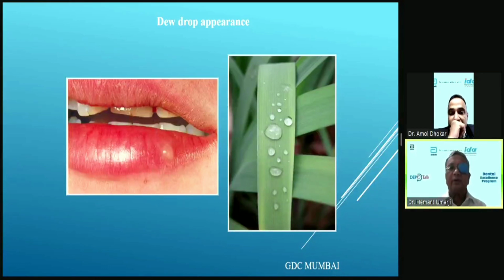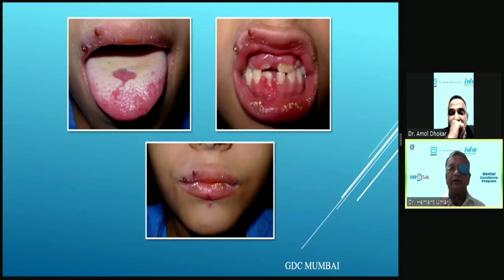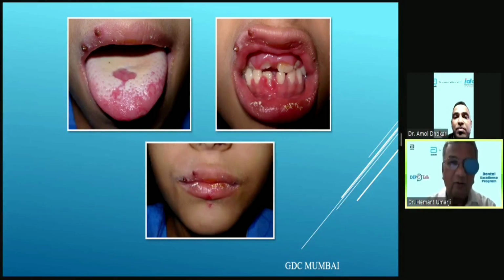Primary herpes is seen more commonly in younger children. So it is a primary herpetic gingivitis. These patients often don't come to us, which is why we may miss it, because these are small children and they go to the pediatric doctor, who will diagnose and treat it. But sometimes they may come to the dentist. So the dentist will see three or four things. First, the patient will have a history of running nose, fever, malaise, etc. Means the patient is not well. Prodromal symptoms.